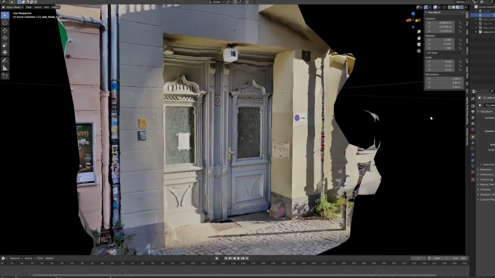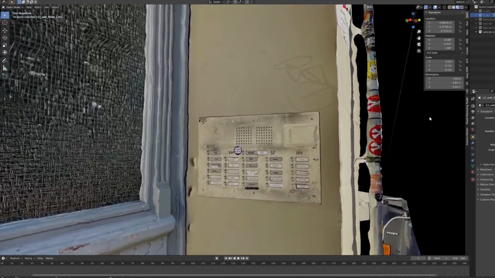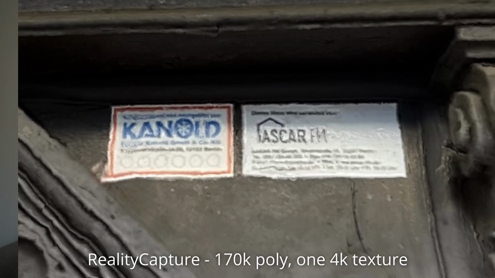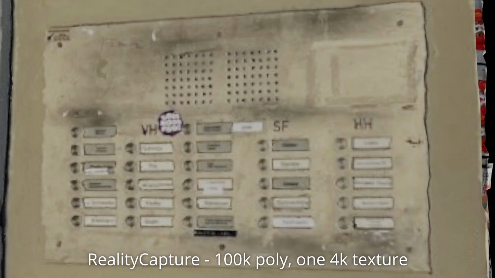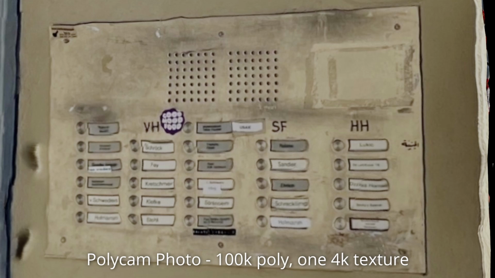So I know I didn't include it in this video to not increase the scope too much, but the results that I was seeing with photo capture were actually quite promising. When I matched the texture resolution 1-to-1 between Reality Capture and Object Capture API, I actually saw much higher sharpness in the photo capture mode than I did in Reality Capture. This was actually quite surprising to me, and I think this has something to do with Apple really innovating on